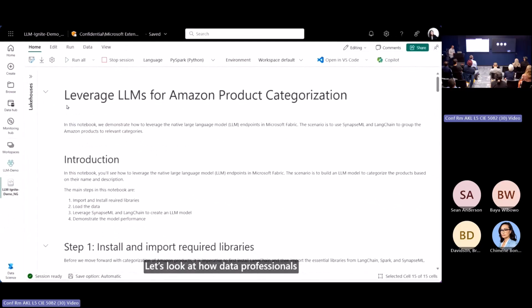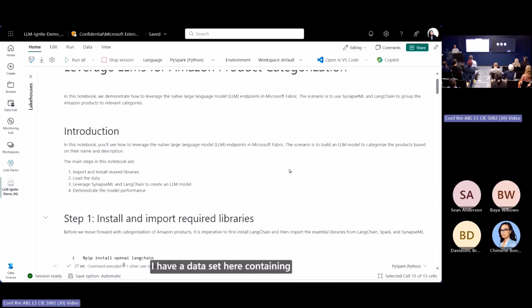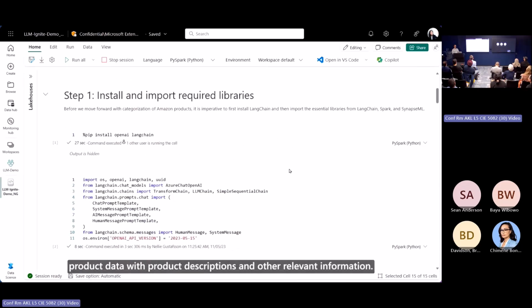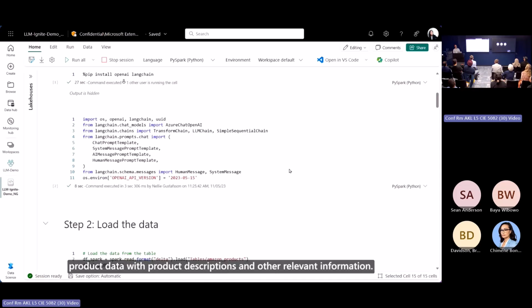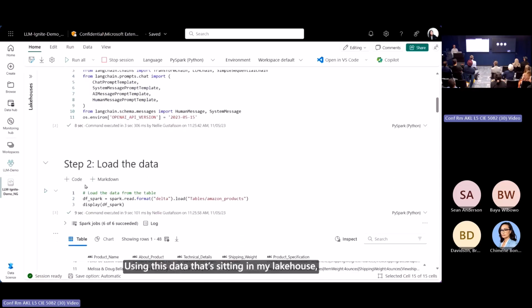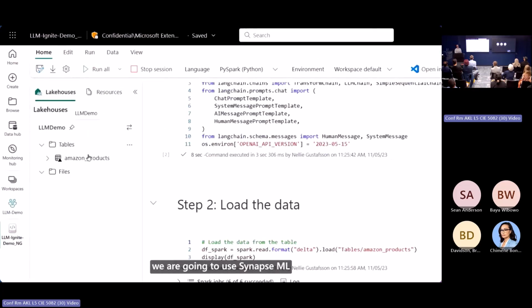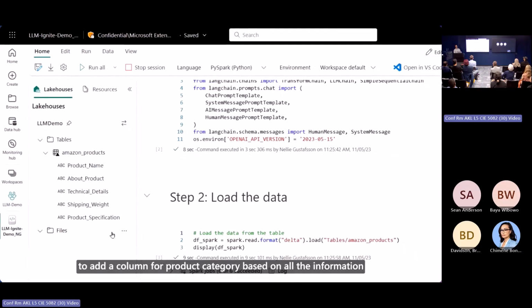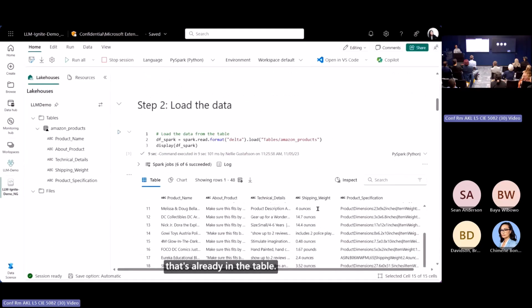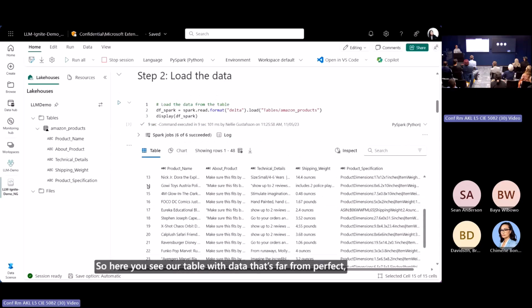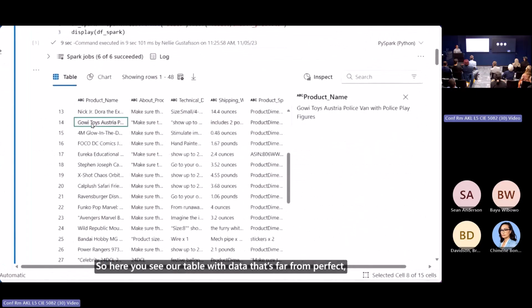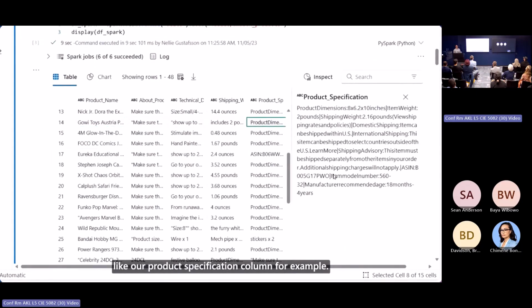Let's look at how data professionals can start leveraging large language models as part of their everyday work. I'm going to start here in my notebook. I have a data set here containing product data with product descriptions and other relevant information. Using this data that's sitting in my lakehouse, we are going to use Synapse ML and the Fabric built-in endpoint to add a column for product category based on all the information that's already in the table. So here you see our table with data that's far from perfect,